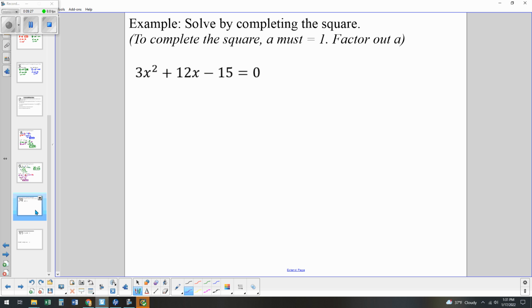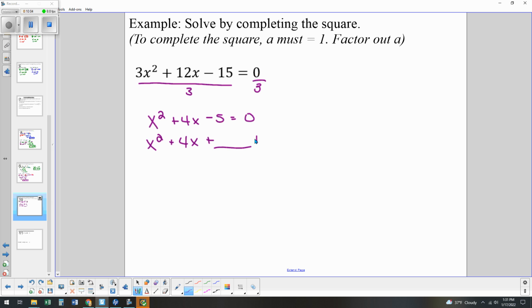The last kind we're going to look at is if there was a number in front of the x squared. So normally we would say no, we're not going to complete the square if there's a number in front of the x squared. But if I can divide it out evenly and it comes to a number that is just 1 in front of the x squared, then I can do it. So here, all of these are divisible by 3. And because we're just dividing, 0 divided by 3 is still 0, we get x squared plus 4x minus 5 equals 0. So now I can complete the square by adding that 5